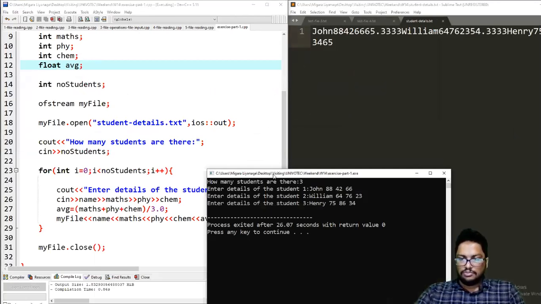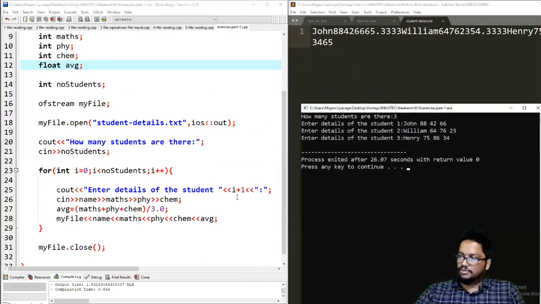So then tell me what to do in order to rectify this. I mean not an error, but we don't have the values nicely saved here, right? So what we expect is like